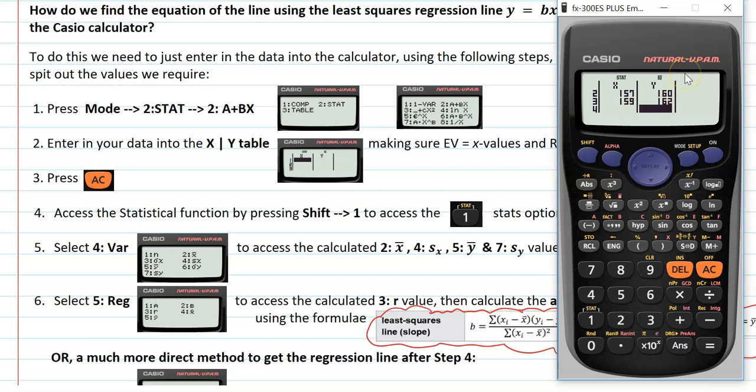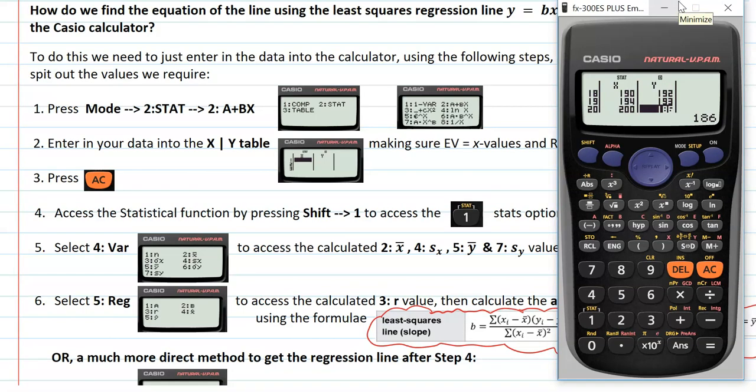I'm going to go ahead and enter in the rest of the values, as I hope you will do, and we'll check in after this process is finished. Once you've completed the data entry, just make sure you scroll through and check your values are correct. And I've got 20 values inputted for each, so I know that I'm on the right track.